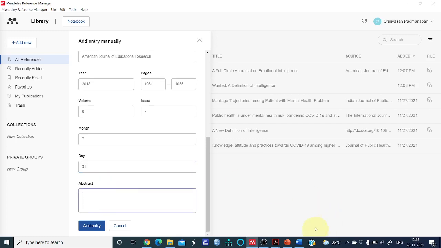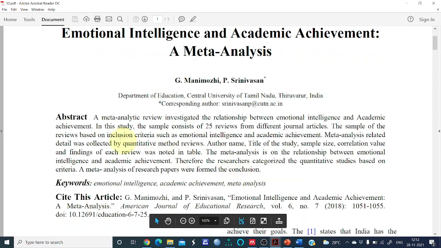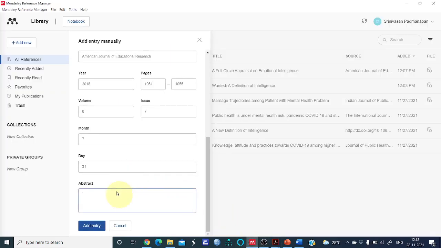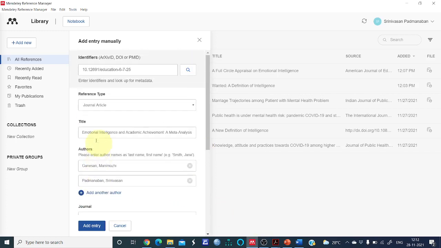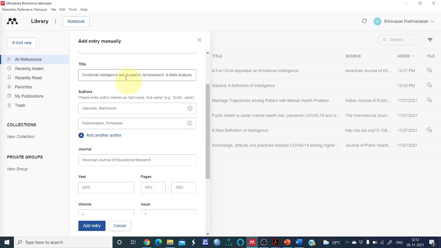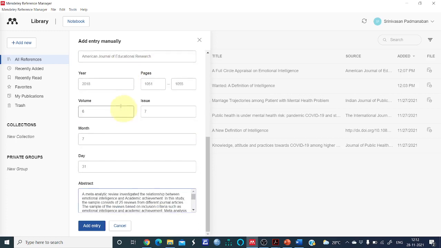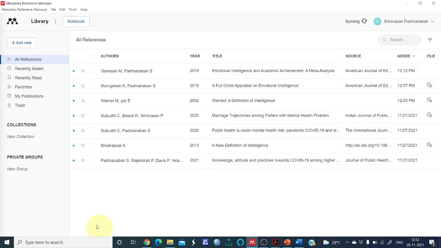So abstract we can copy from here itself. This is the manual entry, therefore we have to copy and then just paste this. So everything we have done: digital object identifier, journal article, title, authors, journal name, year, page numbers, volume, issue, month and day, abstract has been added just to add the entry.